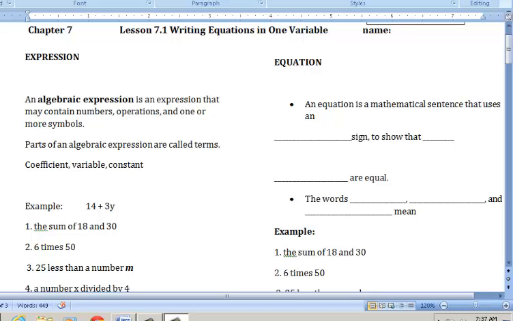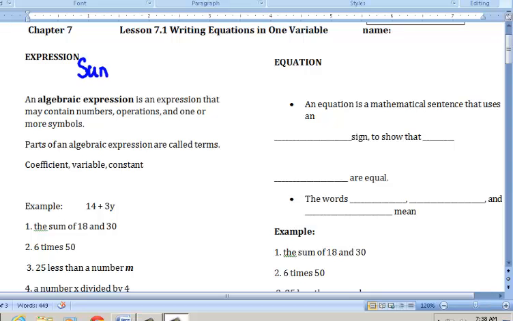This is Chapter 7, Lesson 7.1, Writing Equations in One Variable. Alright, this is just an extension of the lesson that we did in Chapter 3, which was writing expressions. Remember an expression and when they asked us to write an expression in Chapter 3, we went ahead and one